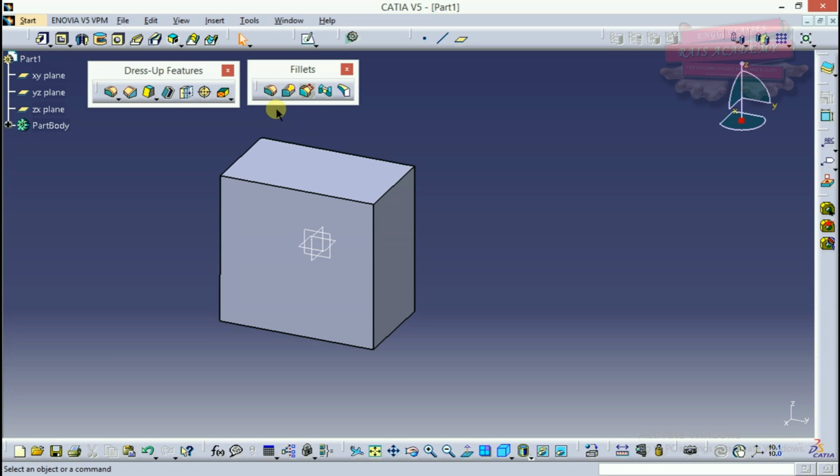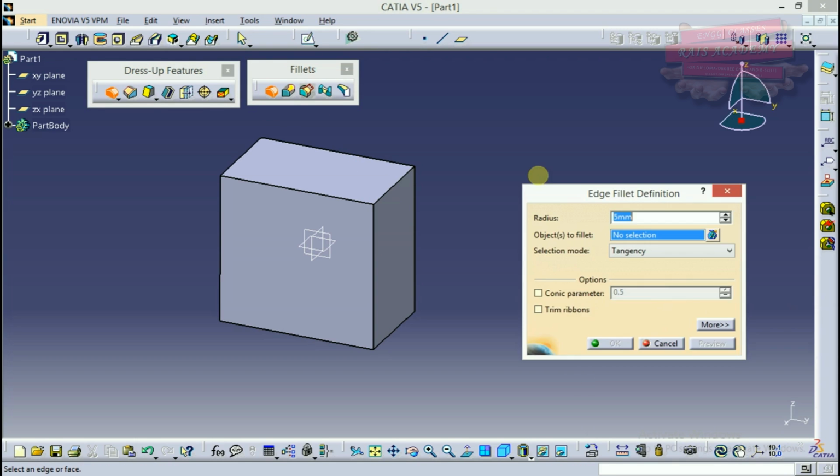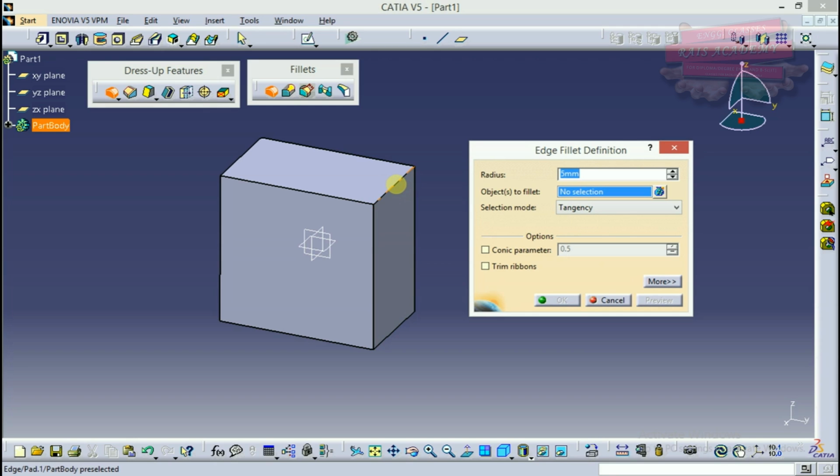Basically the use of the fillet is that you have to specify the radius. Suppose I click here, I want to give a fillet. I'll give the radius to be 5. I have given the radius to be 5. You can click on preview and see the radius. Okay, so here are some different options. Minimal, intersection, we'll encounter each and everything later on. Suppose I click on OK.